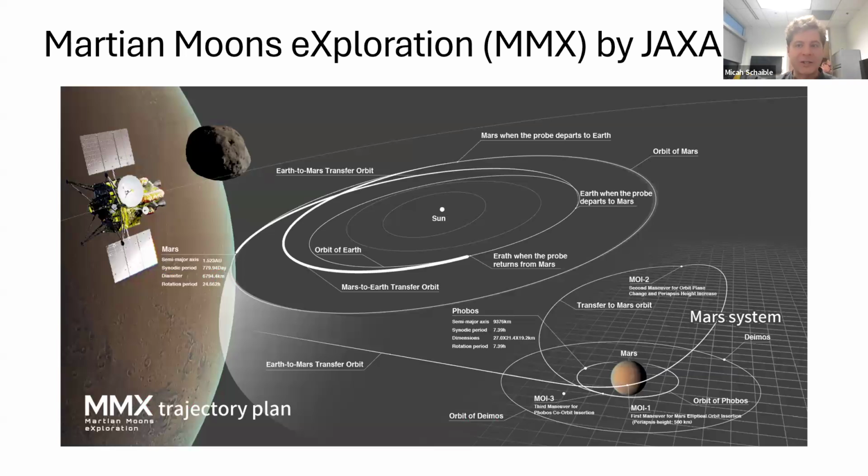And I just want to finish up by mentioning that the first attempt to make these kinds of measurements is going to be carried out by the MMX mission, which is a JAXA mission to Phobos and Deimos, where they are going to be flying this spacecraft around Phobos, measuring the sputtered secondary ions, and then they'll actually land on the surface and return a surface sample of Phobos to the Earth for compositional analysis. And so we'll be able to test a lot of these theories directly after the completion of this mission.